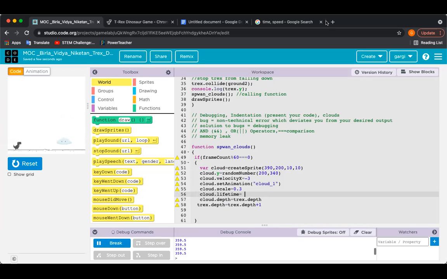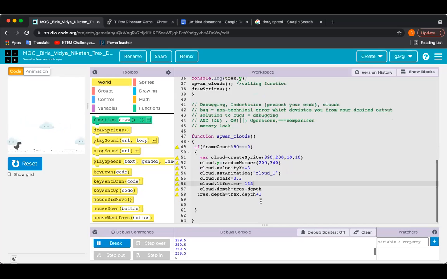So I can say that I have to cover till here. So it should be 400 divided by 3, which will come around 130 point something, 133.33, which I can take as 132. So it's created, it's traveling, and somewhere outside this, it will die. Okay, that's it.